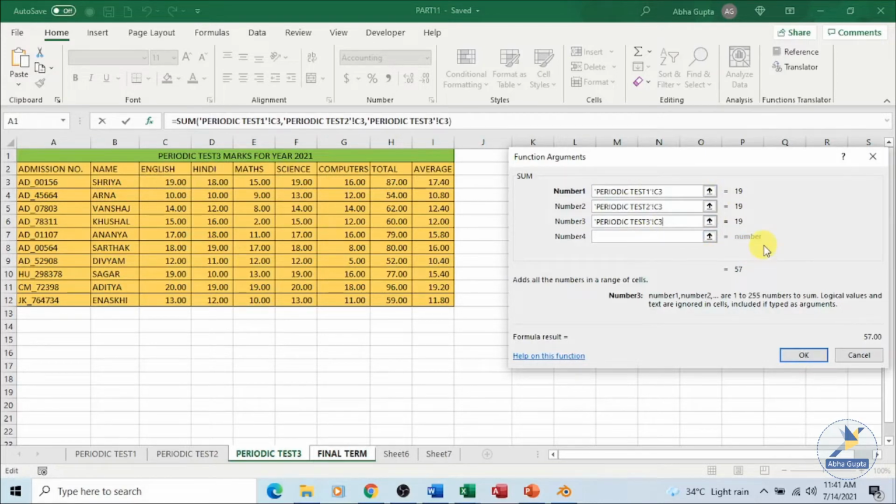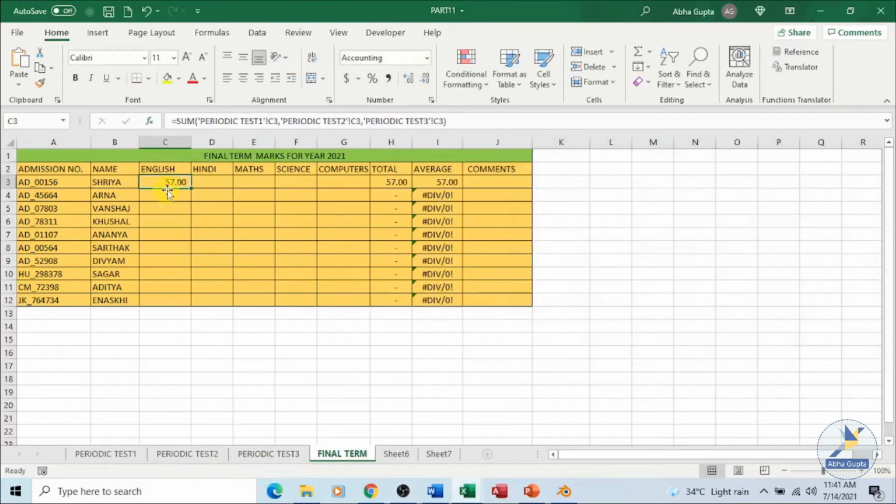If you want to manually type in, you can type it in the function box or the formula bar over here, and you can separate the references with commas. Once you are done, click on OK. Now in your third sheet where we were trying to write the formula, you get the answer as 57.